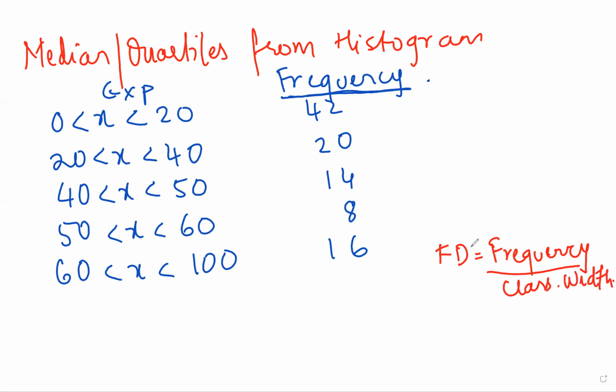So suppose in the question they have given frequency density, then you will do frequency density multiplied by class width to find frequency. But repeating this, you will always depend on frequency in order to find median and quartile from a histogram. Okay. Now, in order to find medians, first what we will do, we will total this. So the frequency total of this is what? It is 100.